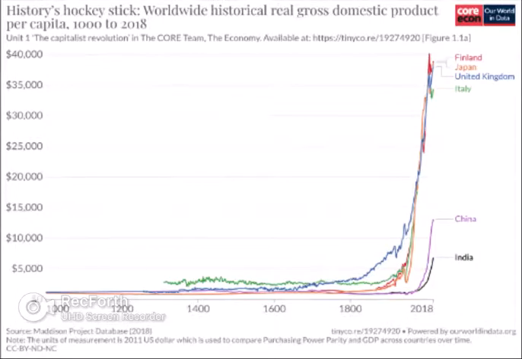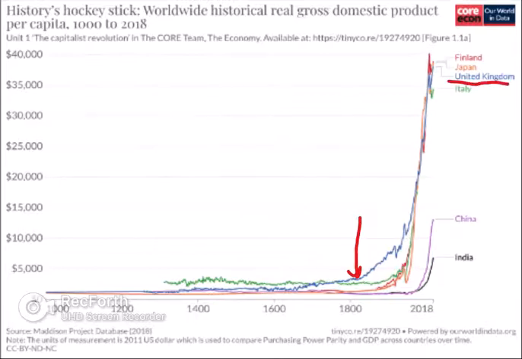Alright, let's have a look at the idea of history's hockey stick and the Malthusian traps, which repeated until the Industrial Revolution. So basically, the idea of history's hockey stick is that the wages of workers remained relatively constant up until the Industrial Revolution at about here, although it had begun to pick up around this point. Let's just mark it as the year 1800, where industrialization really takes off, and we can see a massive increase in the GDP per capita,